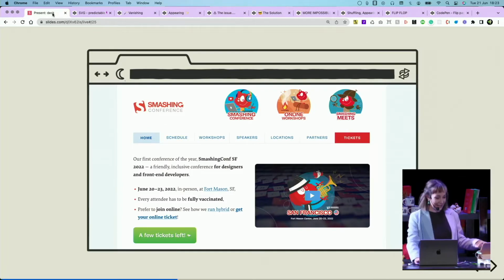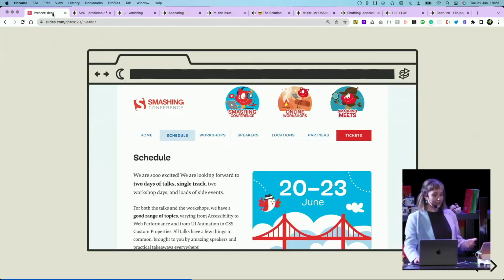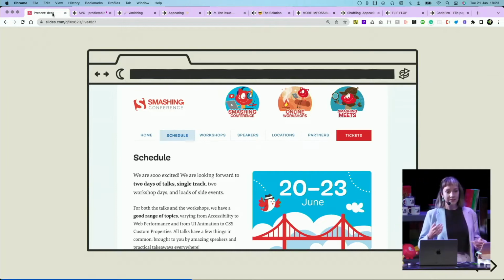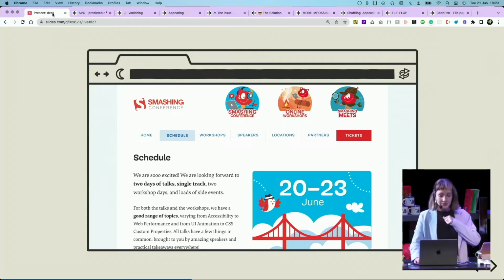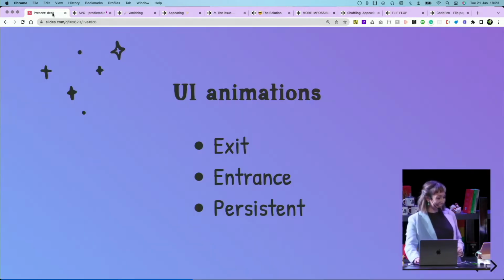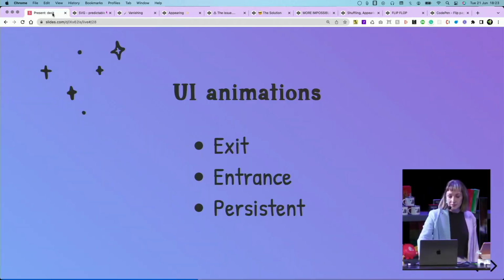We have a page, we click a link, there's a flash, and then the page comes back again, and the users have to reorient themselves and scan the whole page and figure out what's changed and what's the same, and it's difficult for people. So yeah, good UI animations, like well thought out page transitions and motion, can really help reorient users and inform them about change.